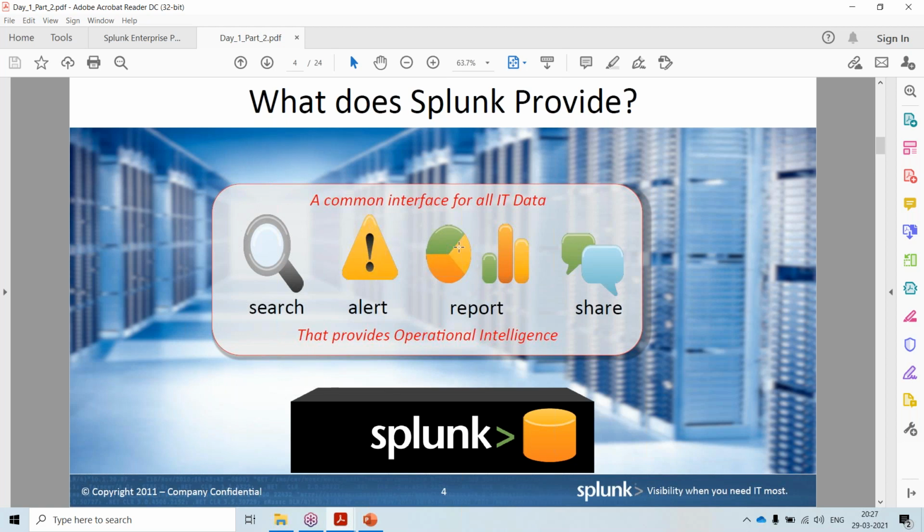Now in reports, let us assume Flipkart, or Amazon, or Reliance, any retail company. At the end of the day, they want to generate a report on what products are being sold and what revenue was generated.